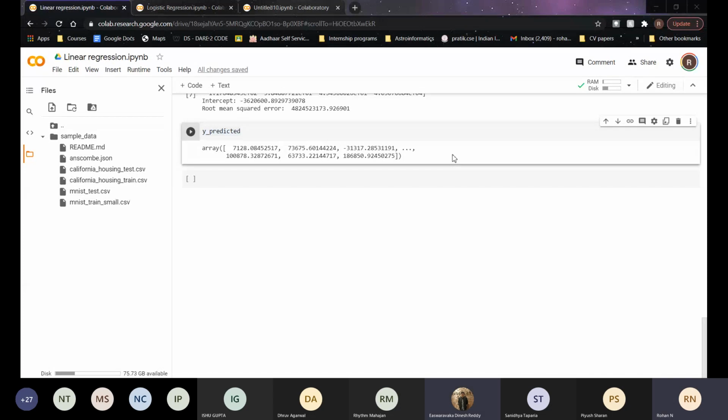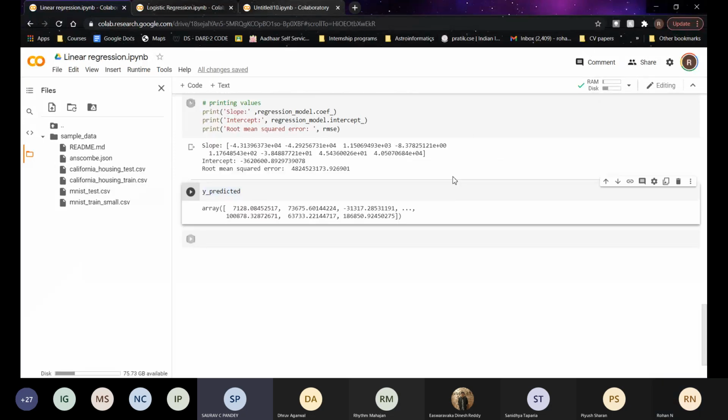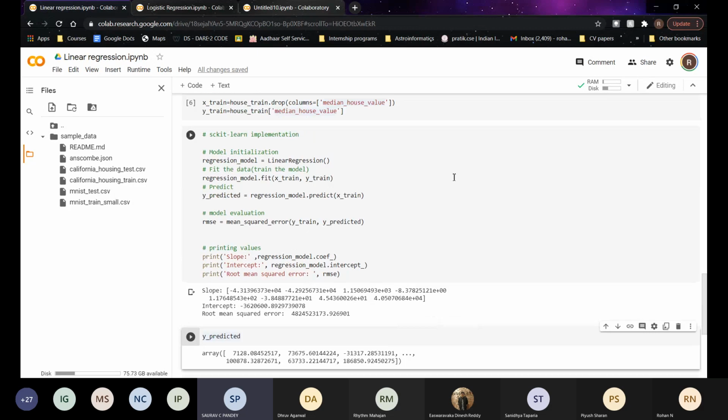Go ahead and unmute yourself if you have any doubts. Hello, Rohit. Here I have a doubt that the function is regression model dot fit with X train and Y train. So what should be the type of X train and Y train?